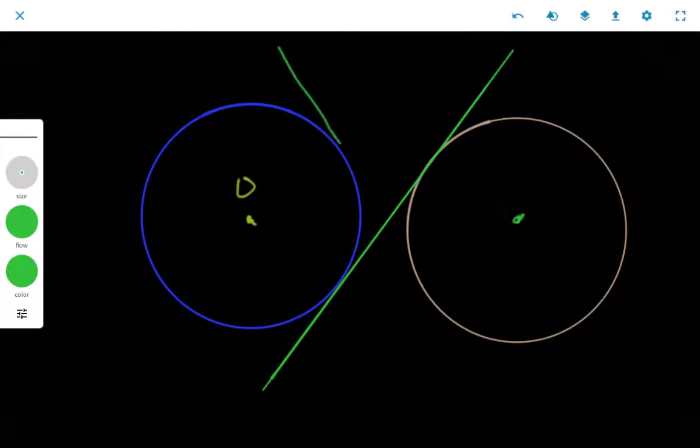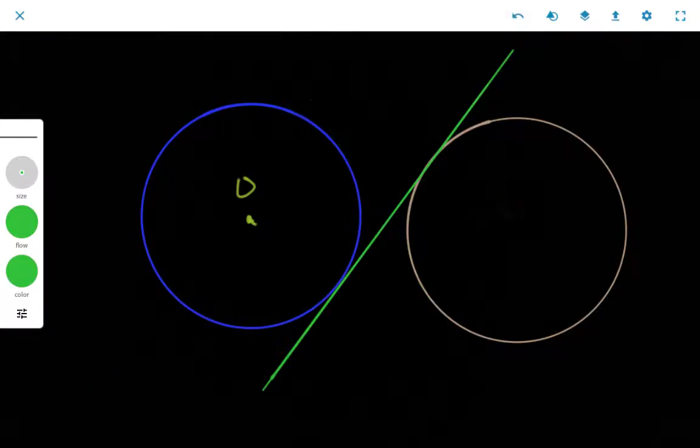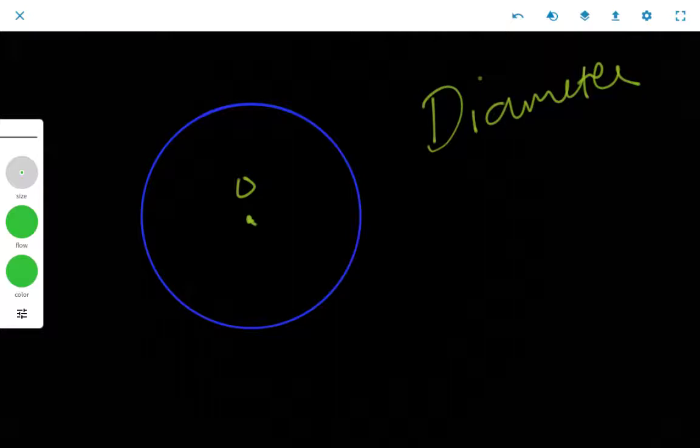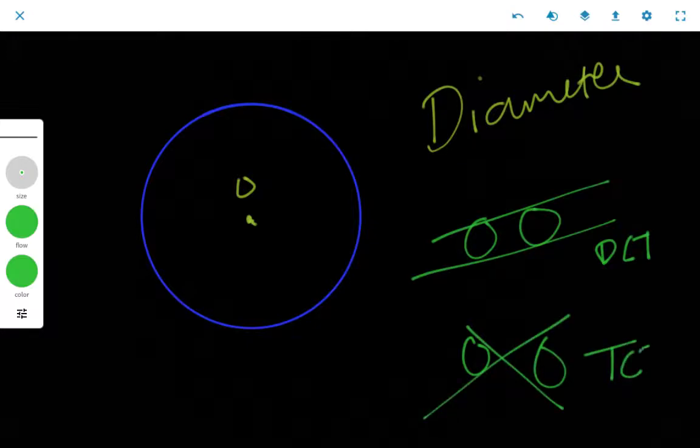One second, this line disappeared. I'm redrawing this like this. Okay. So what do you call this? The transverse common tangent, because they are on the opposite sides. Let me tell you: I'll erase the diameter. If these are the two circles and the tangents are like this, this is a direct common tangent, and if the circles are like this and the tangents are like this, then it is a transverse common tangent.